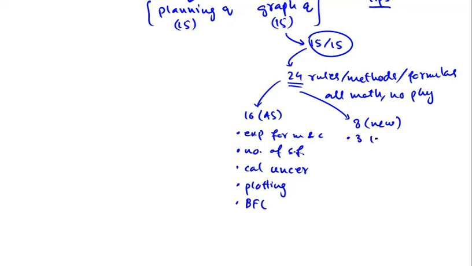And the rules or methods or formulas that you have to learn now that are new to you include 3 logarithmic identities, the rule for determining the number of decimal places in the calculated quantity of a logarithmic function, then the method for drawing error bars, the method for drawing the worst acceptable line, etc. Right? So these are the new rules that you have to learn to cover the remaining parts of the graph question.